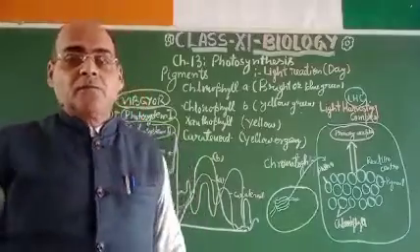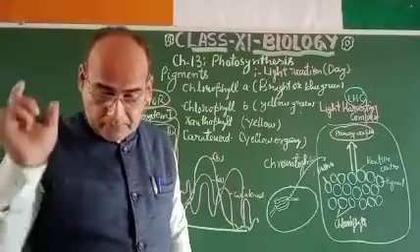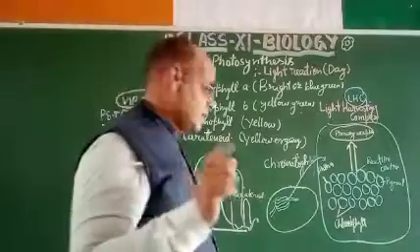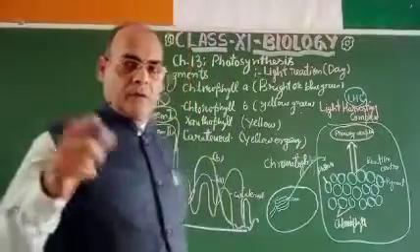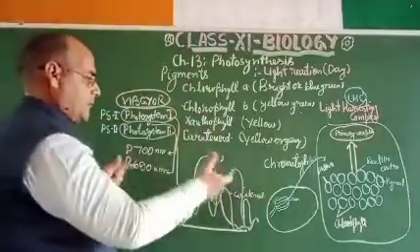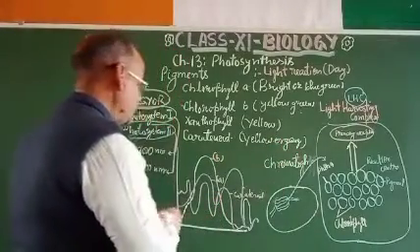So first of all, you have to see the splitting of water and release of the oxygen. First thing, very simple thing, that you have to understand is the splitting of water. What happens in this? When this is absorbed at the reaction center, what happens? The splitting of water means